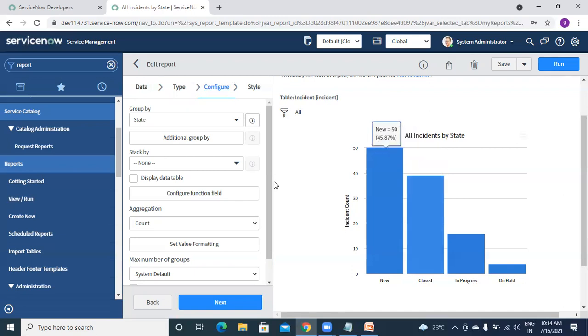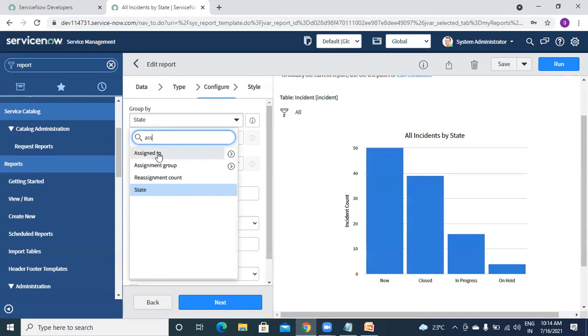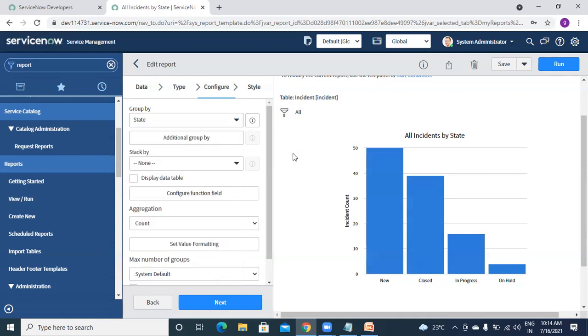Sorry, I'm back. So here we have the option of group by state, because we have the requirement of incidents by state, right? And if you select group by state, then it is grouping all those and showing you the count. If you want, you can select based on anything from here. Just for our knowledge, if you want to group by assigned to or anything, whatever you want, you can do that from here. And based on priority, anything. Whatever group by you select on the top, it will be the default. Whenever you select this one, it will appear as the default group by.